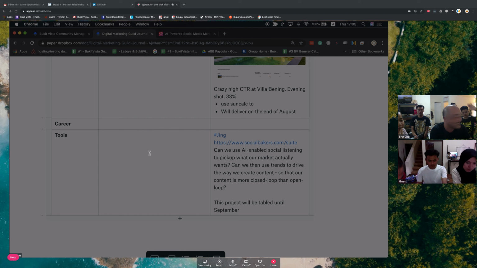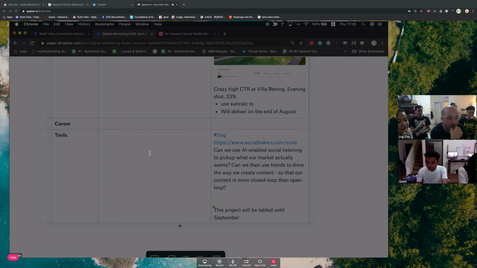Okay, Diba. Diba wants to try. In which platform are you going to use it? Instagram posts? Why not? Yeah. Okay, so Diba volunteers to do this for the Instagram accounts of Bukit Vista, both Bukit Vista and Bukit Vista Live.